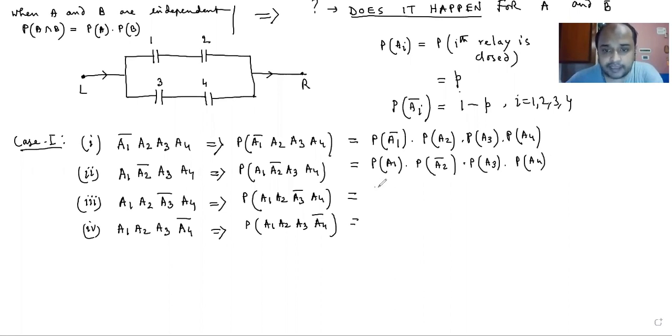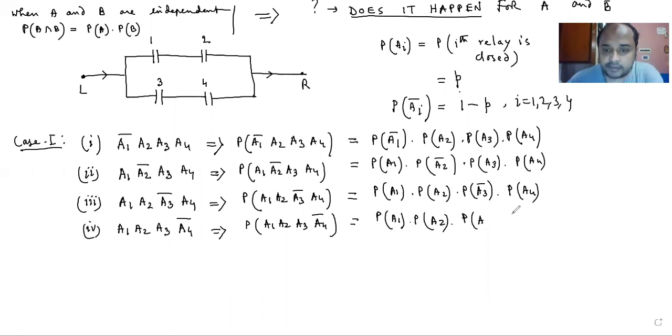And here I am writing the probability of A1 into the probability of A2 into the probability of A3 bar into the probability of A4. And if it is true, I can write here the probability of A1 into the probability of A2 into the probability of A3 into the probability of A4 bar. If this result that I have written over here, star, is true,